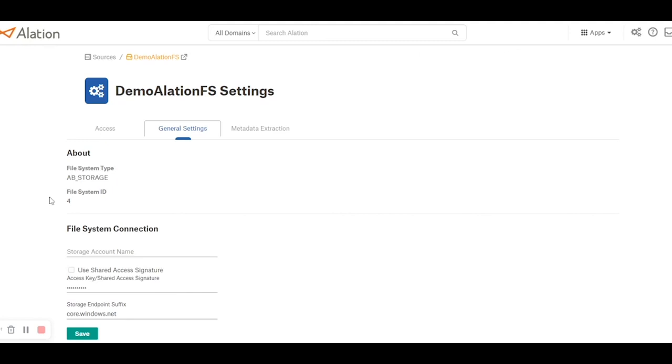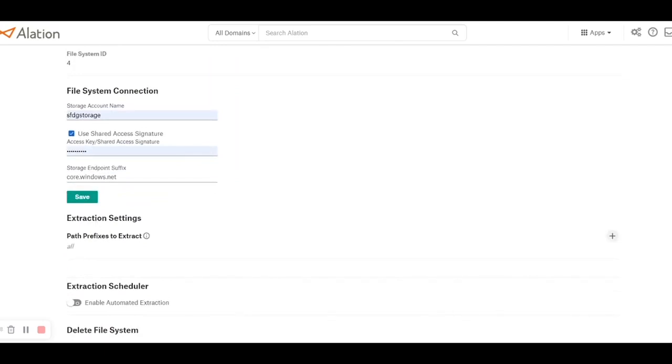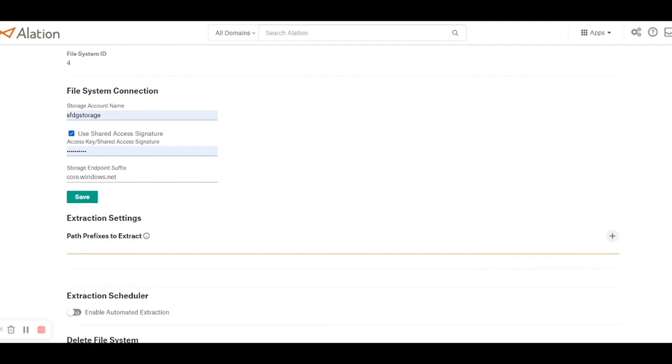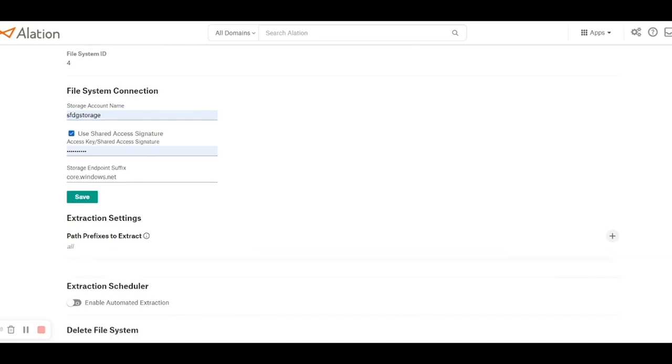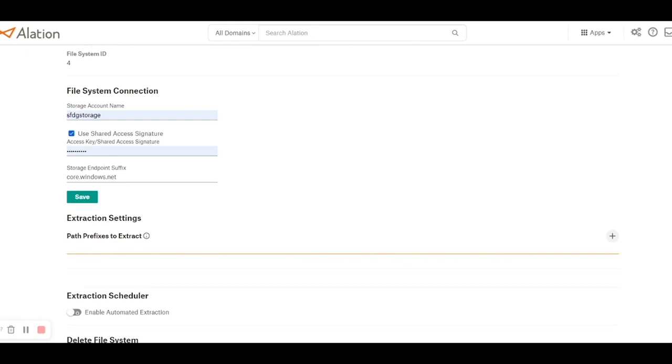These are attributes populated by default by Alation. I need to enter the storage account name, which I have already keyed in as SFDG storage. Access key, I'll say use shared access key. Storage endpoint suffix. Now remember, this is the endpoint suffix and not the overall URI or URL. We would recommend giving a path to the file system. I'll give a path as stage web sales raw